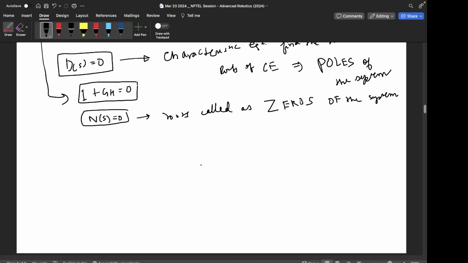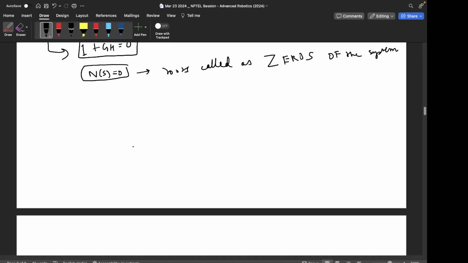This s is coming all the way from the Laplace transform which we discussed at the very beginning. So we have the s plane. It's again the same as the 2D space, just a difference of notations. Here we plot the real components, and on the y-axis we plot the imaginary component. So this is a complex plane,